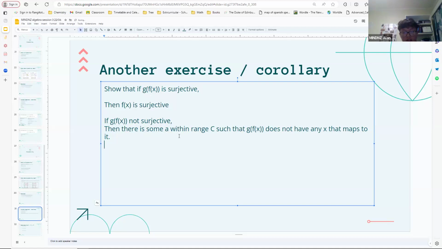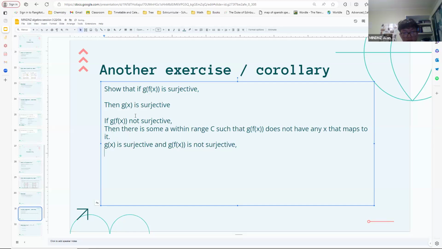So we need G to be surjective. If G of F of X is surjective, then that tells us that if G of X is surjective and G of F of X is not surjective,